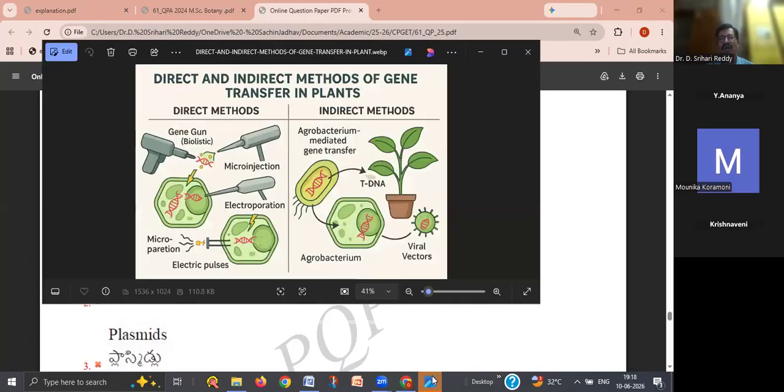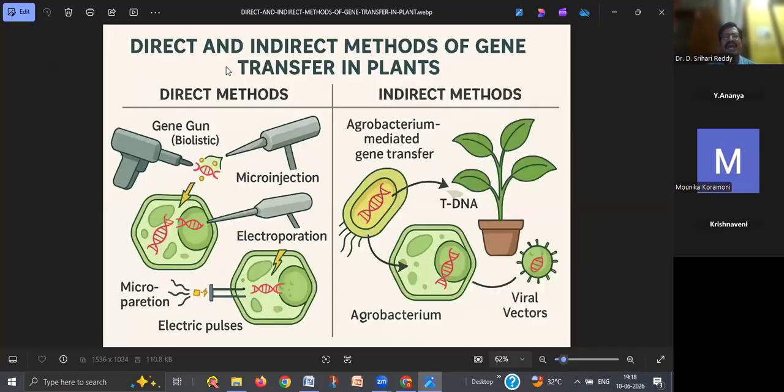Okay. So now you see here, direct and indirect methods. Now I already discussed Agrobacterium mediated gene transfer. The Ti plasmid of Agrobacterium is utilized. It was earlier utilized to transfer the BT gene into the cotton plant. So it is an indirect method. And in direct methods, there are several direct methods. One is the gene gun,